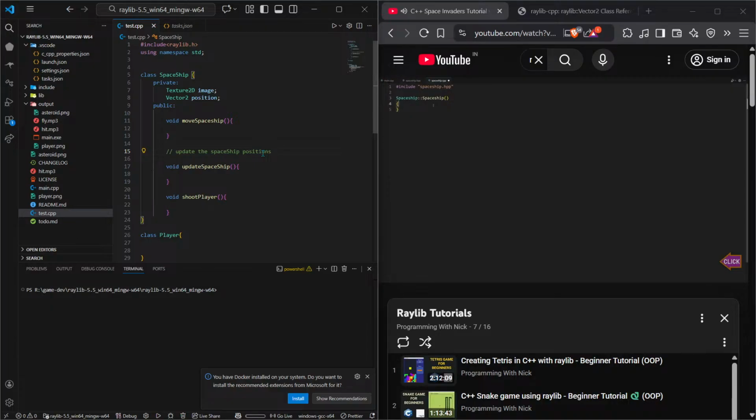Now in the constructor, the first thing we have to do is to load the image of the spaceship. I have placed all the images that we are going to use in this game in a folder named Graphics inside our game folder. You can download all the files from the GitHub repository linked in the video description. So let's load an image from the graphics folder. image = LoadTexture("Graphics/spaceship.png");